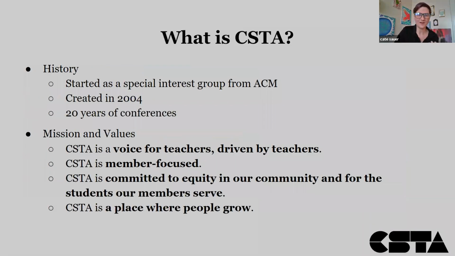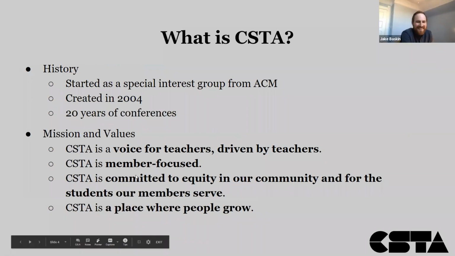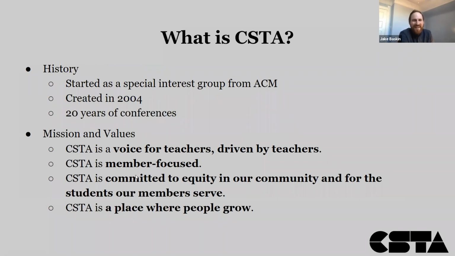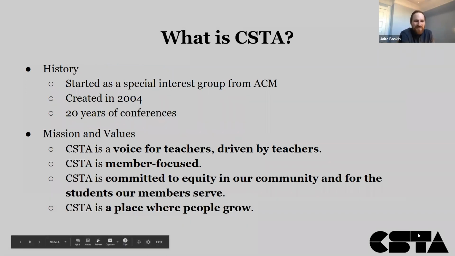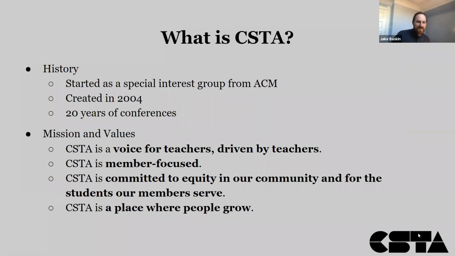Awesome. To kick it off, I'd love for our Executive Director, Jake, to talk about what CSTA is and perhaps a little bit of his experience with it. Yeah, thanks so much, Kate. And like I said before, welcome everyone. It is really wonderful to have this group together. I just wanted to take a little bit of time to talk about the history of CSTA and how we're thinking about growing as a more global organization.